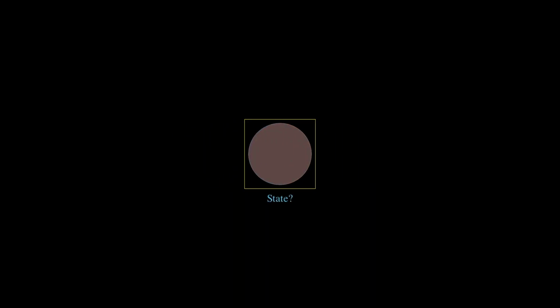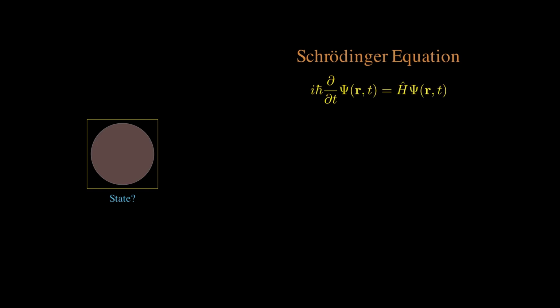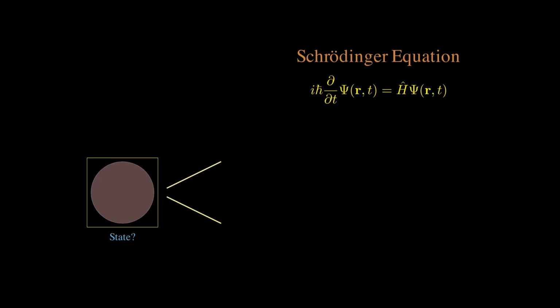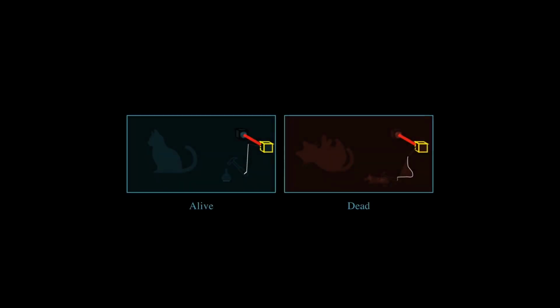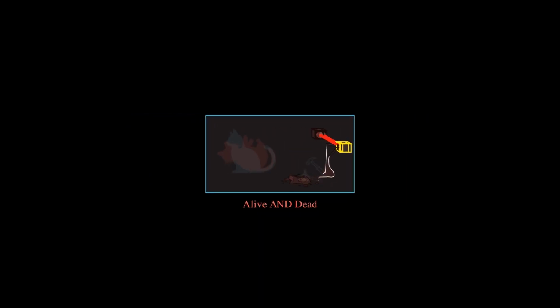According to quantum mechanics, the atom is constantly in the state of superposition of both decayed and not decayed. This is given by the Schrödinger equation, and only when we open the box to measure the outcome does the wave function collapse, giving us a clear result. This means that while the box is closed, the cat is both dead and alive. Although the idea that the cat can be both dead and alive simultaneously is just a thought experiment, it is fascinating.